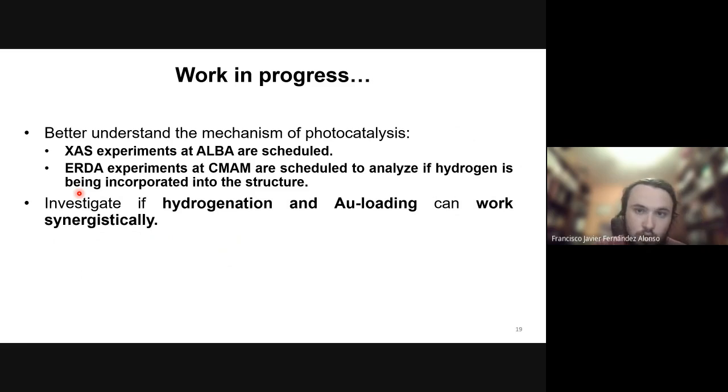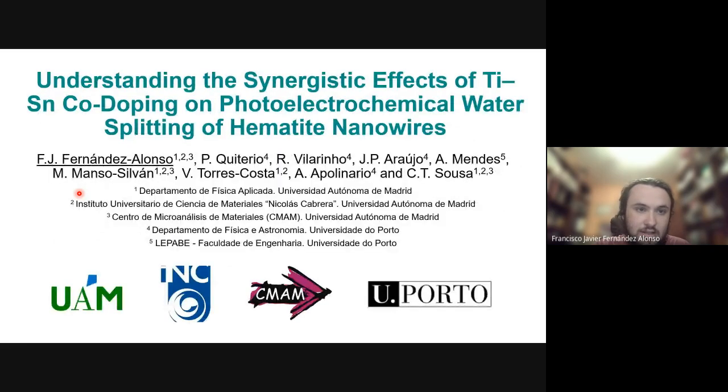So now we will move to the second work, which is about understanding the synergistic effects of titanium and tin co-doping on the photoelectrochemical water splitting of hematite nanowires. In this case,